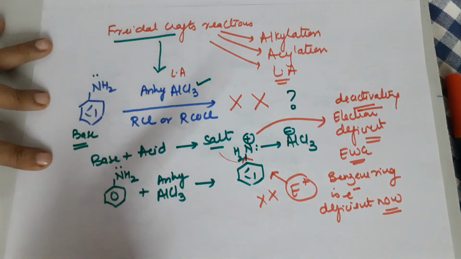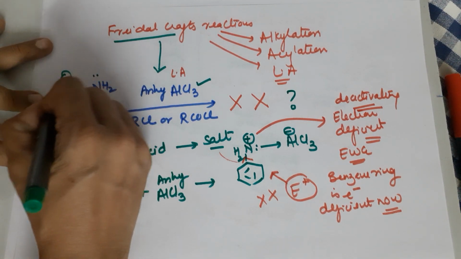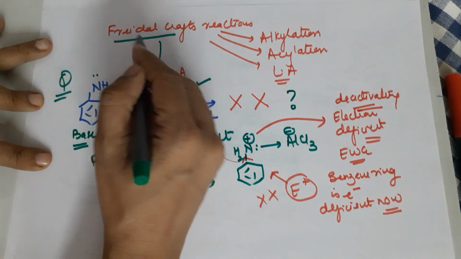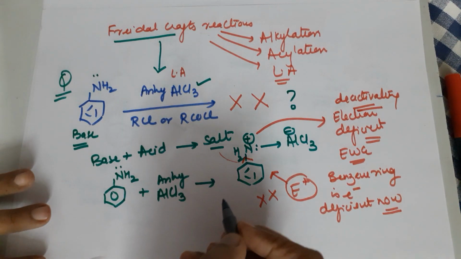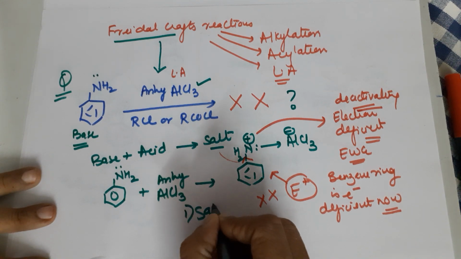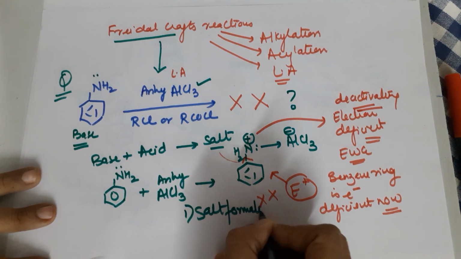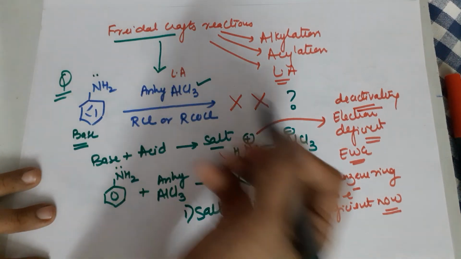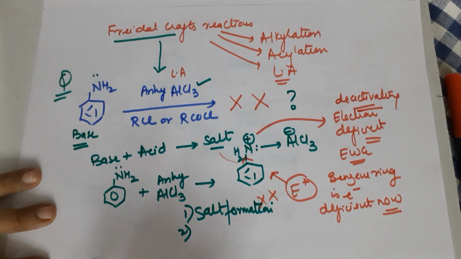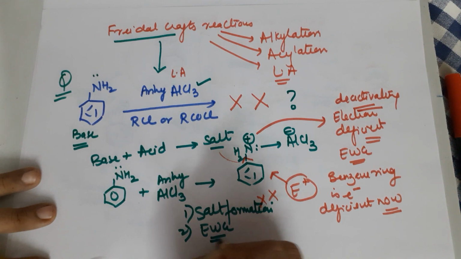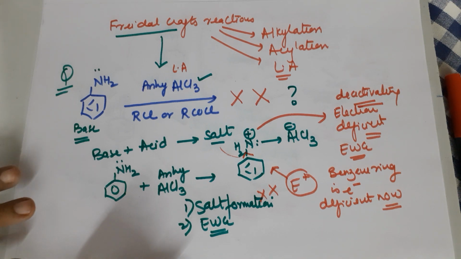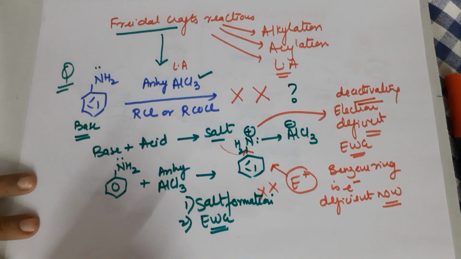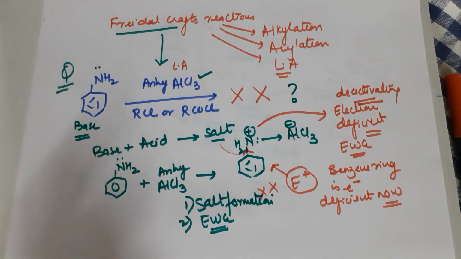Hence the question commonly asked is, why does aniline not give Friedel-Crafts alkylation and acylation? तो आंसर क्या है? The first answer is due to salt formation, मतलब आपका Lewis acid के साथ ही रिएक्ट कर लेता है वो. And the second answer is that this becomes electron withdrawing group, so the electrophile cannot approach. Fine. With this I close the class of the chemical properties of aniline. I hope I've tried to convince you people about the properties of aniline.